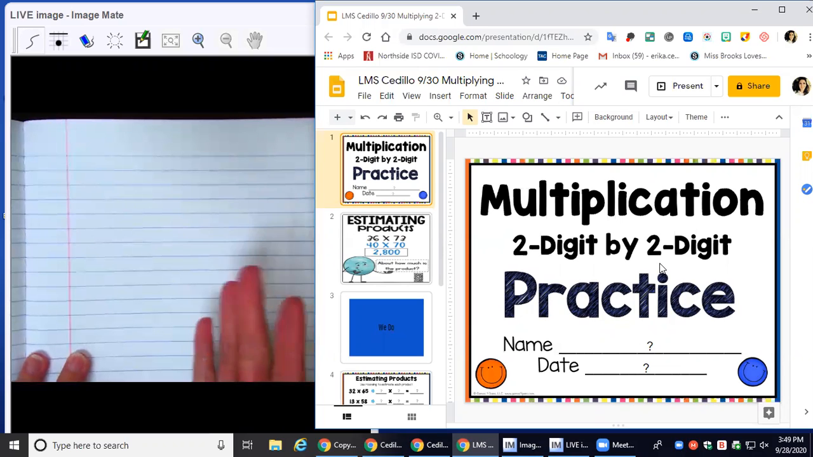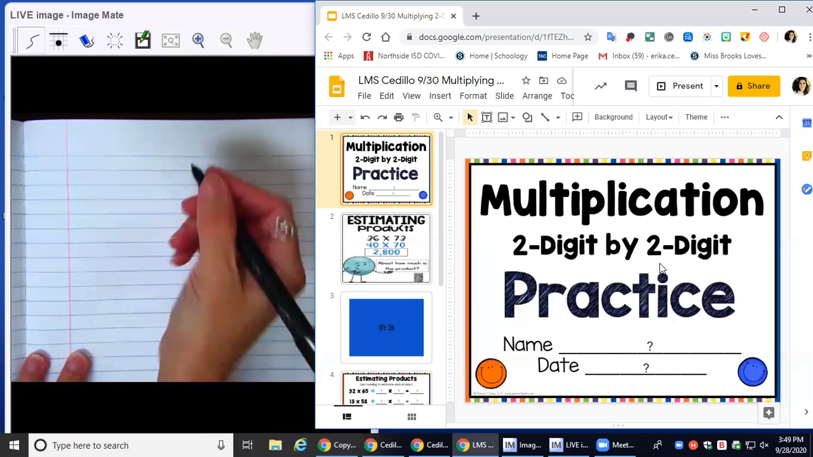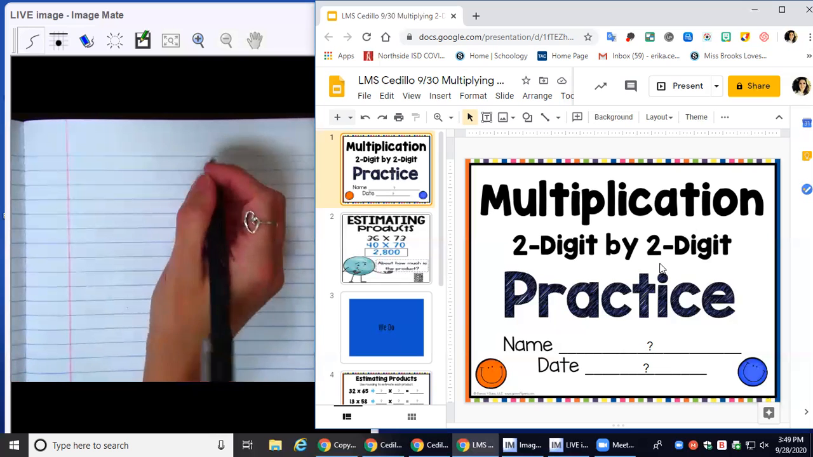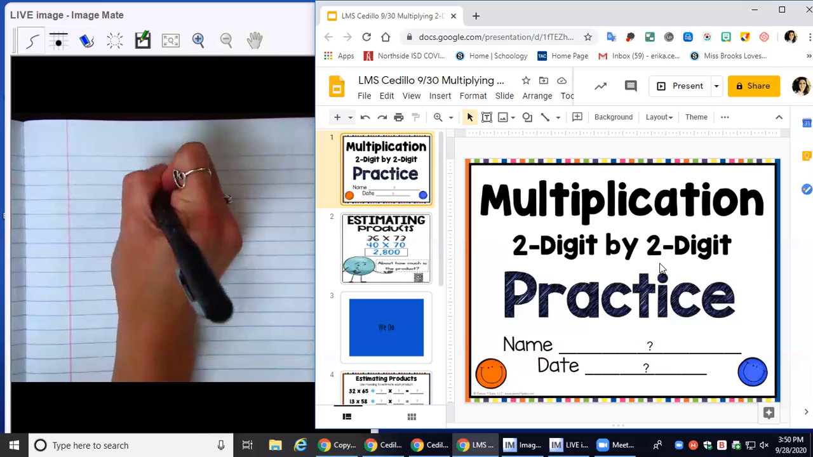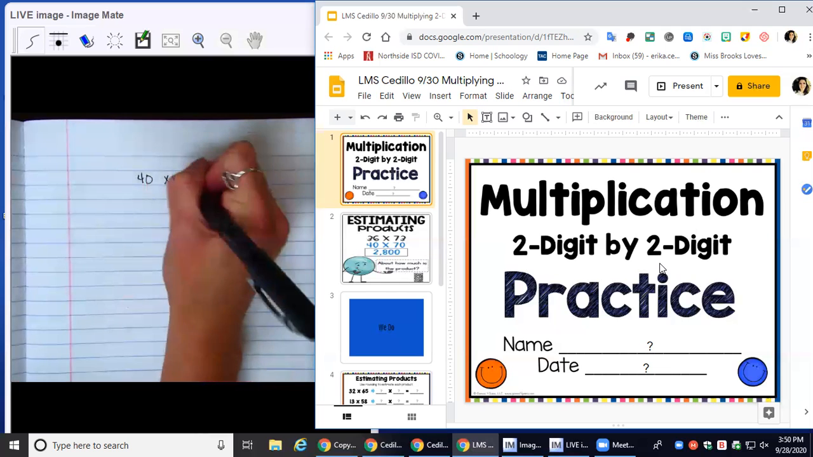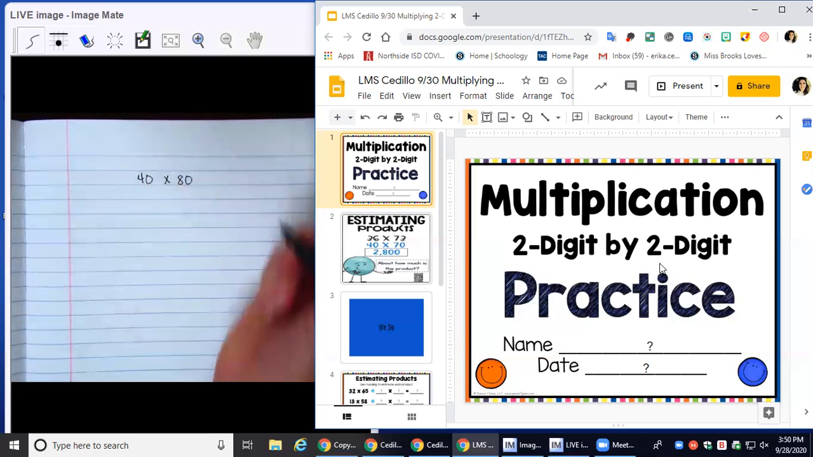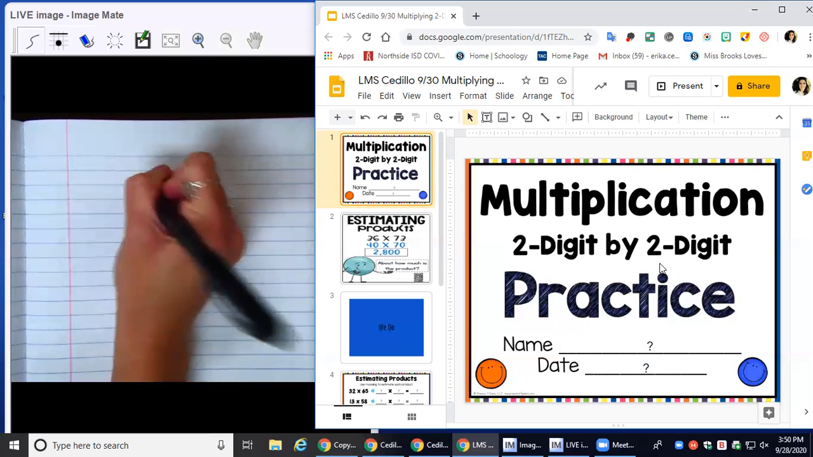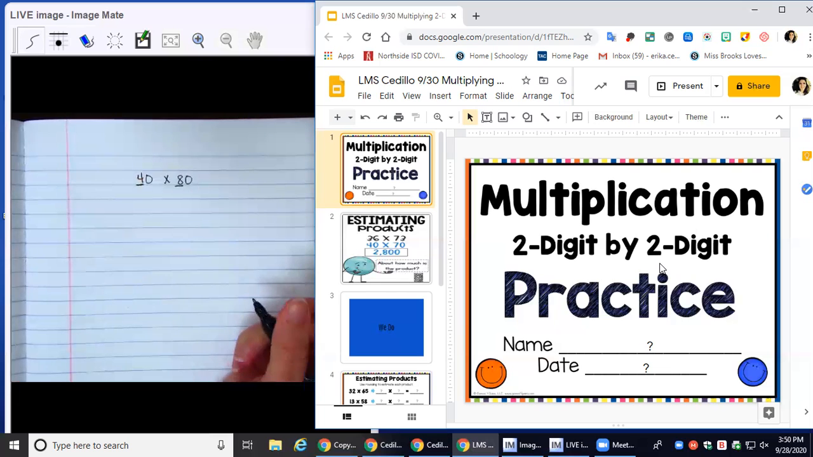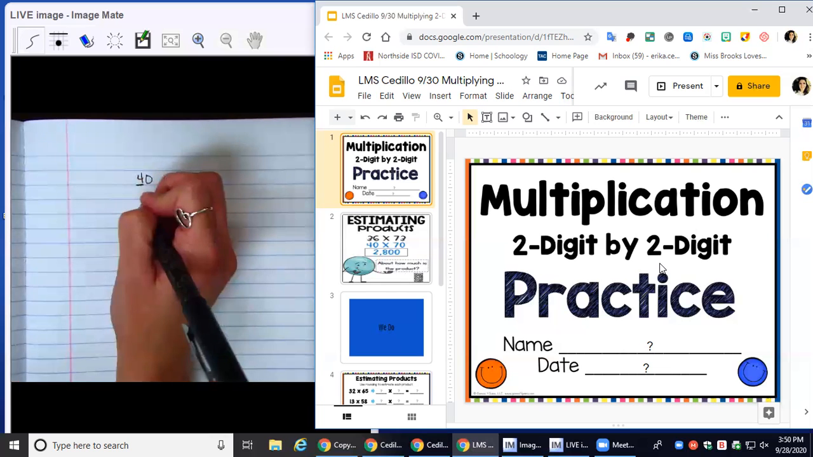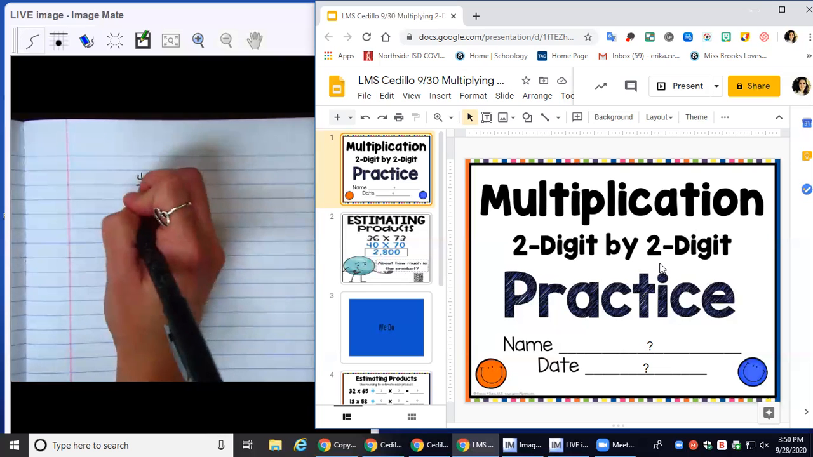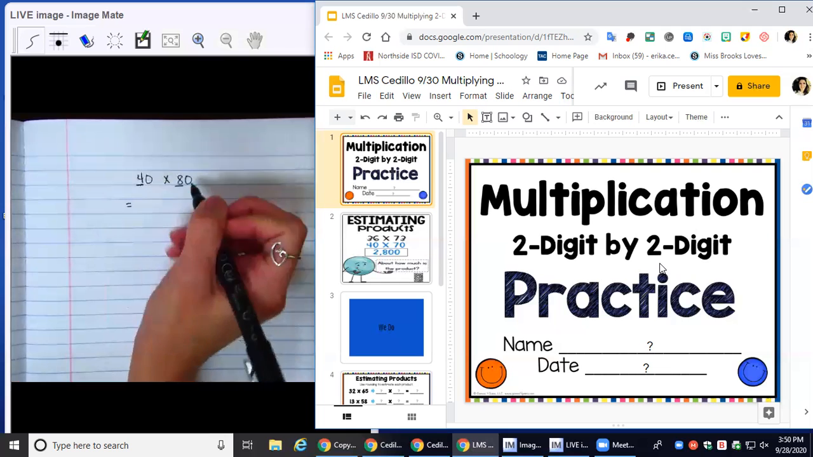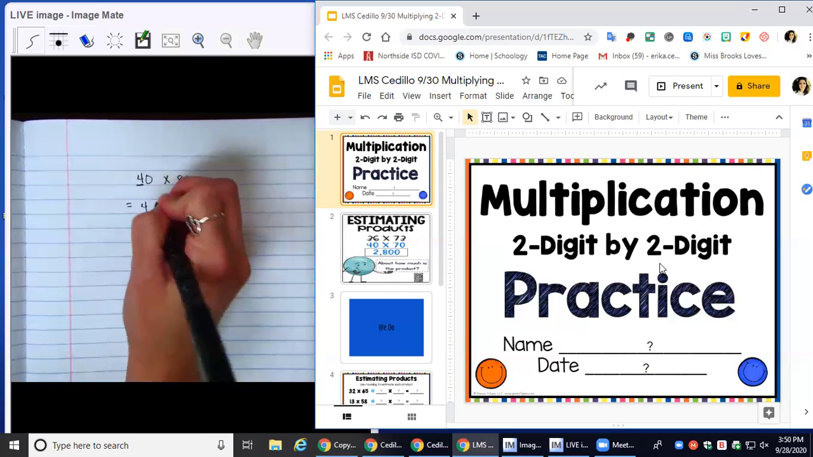We're going to go ahead and do a practice problem just to explain what I mean by multiplying by tens, right? And so let's say that the numbers that I have are 40 times 80. When I am multiplying by tens, the concept is that I am taking the digit in my tens place for each one of my factors, and I am multiplying those. And so when I want to multiply by tens, I'm going to say having 40 times 80 is the same as saying I have 4 tens